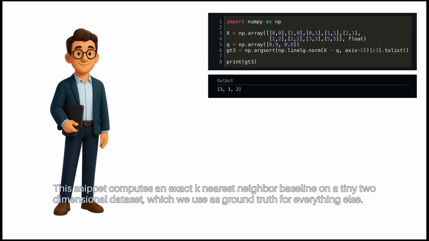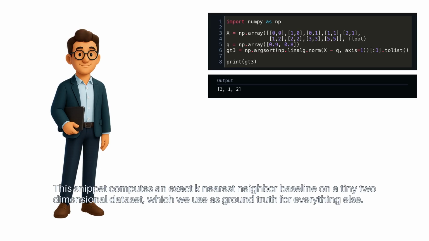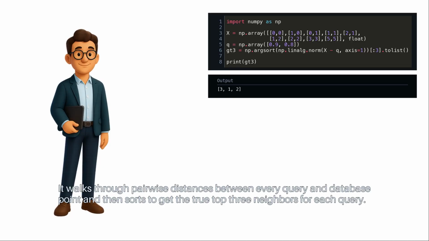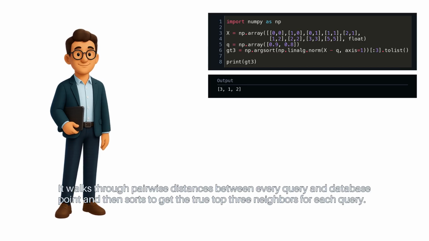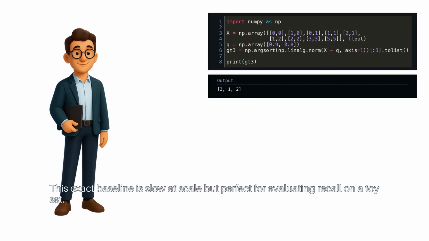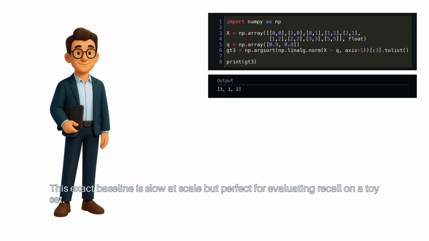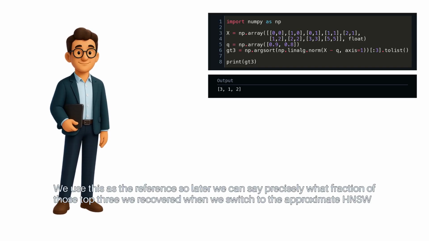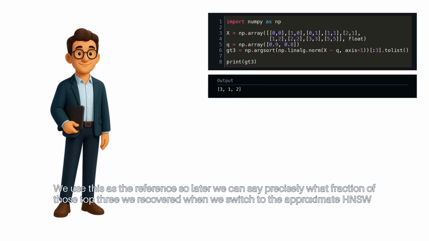This snippet computes an exact k nearest neighbor baseline on a tiny two-dimensional dataset, which we use as ground truth for everything else. It walks through pairwise distances between every query and database point, and then sorts to get the true top 3 neighbors for each query. This exact baseline is slow at scale, but perfect for evaluating recall on a toy set. Use this as the reference, so later we can say precisely what fraction of those top 3 we recovered when we switched to the approximate